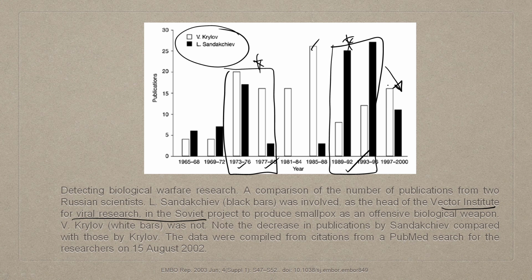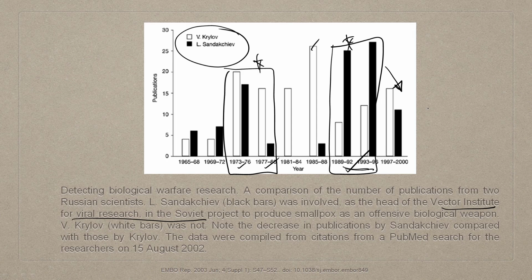Now, it has a very interesting reason, because it was this time when Glasnost and Perestroika led to the disintegration of the former USSR. So the concerted effort of bioweapon program development up to that time could be indirectly inferred, but after that, up to now,